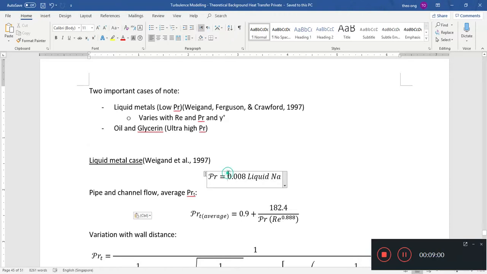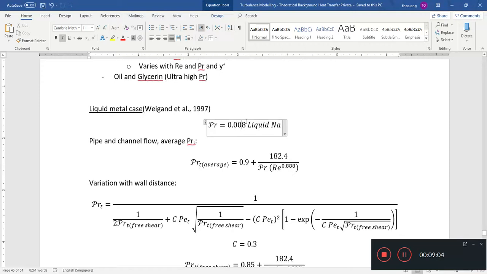So for the liquid metal case, my Prandtl number is very, very low, I mean 0.08 or 0.008. There were correlations developed for it, and the average Prandtl number you get is about